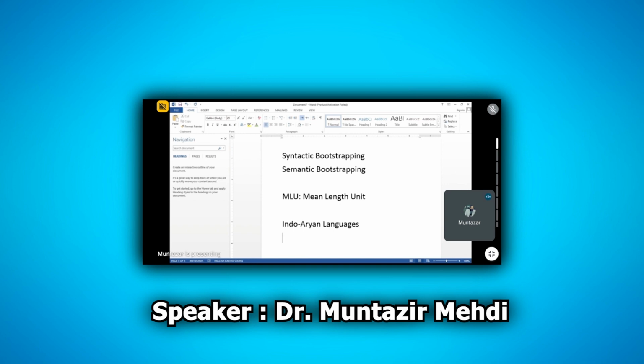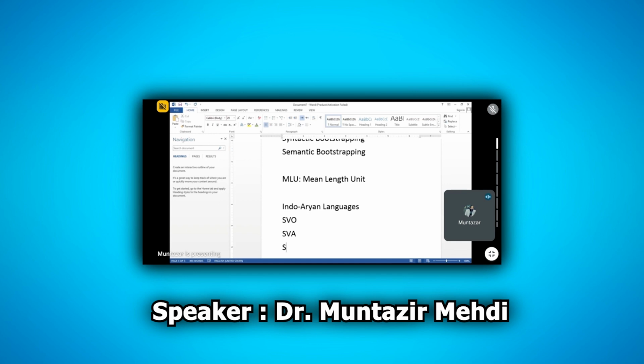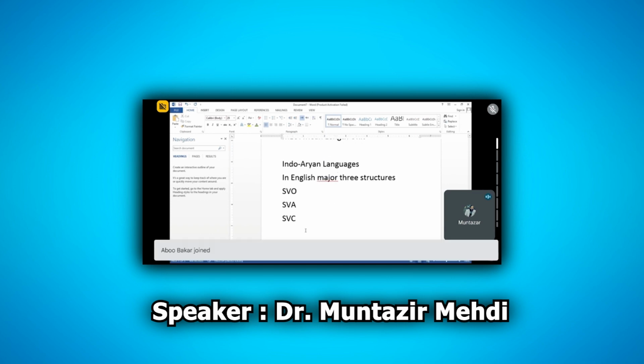As I explained previously to all of you, in English we have SVO, SVA, or SVC. These are the three major structures that we have in English. Now what do we mean by these major structures? What is common in all these? S and V. O, A, C are uncommon, fine? So how can we differentiate? I would just like to explain this to all of you today.